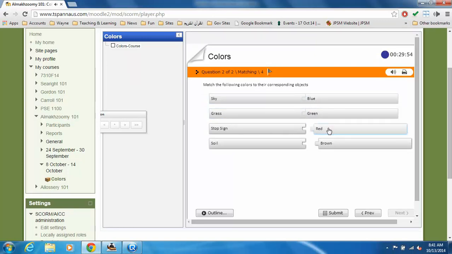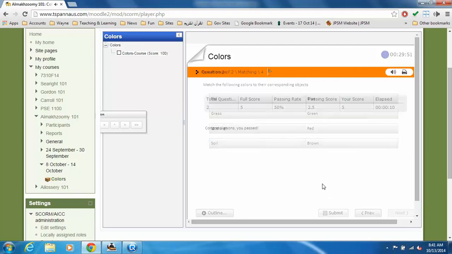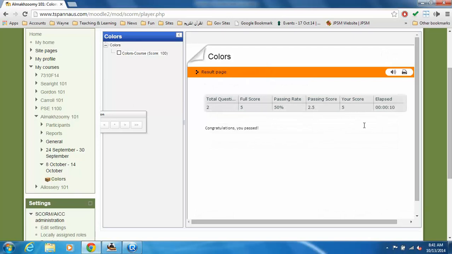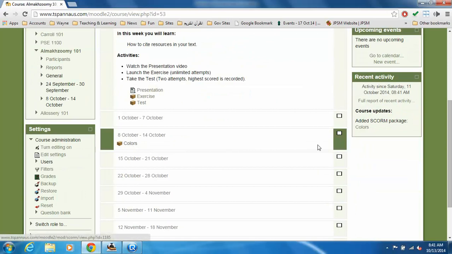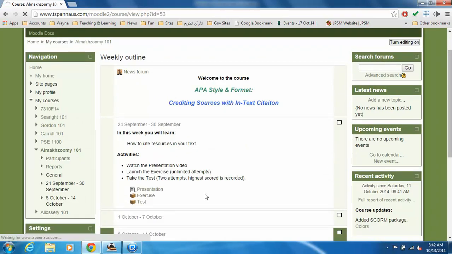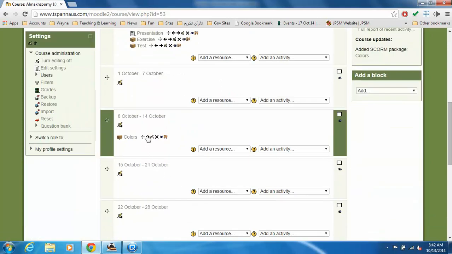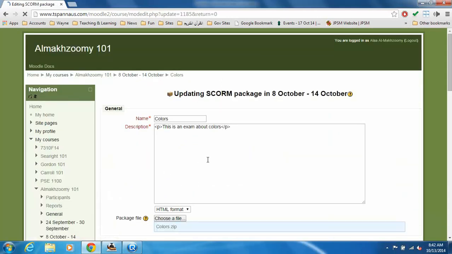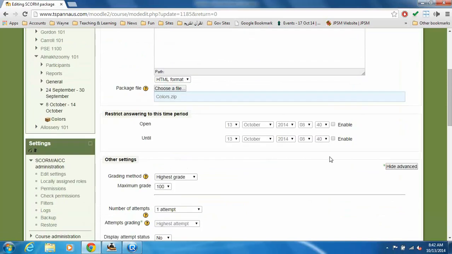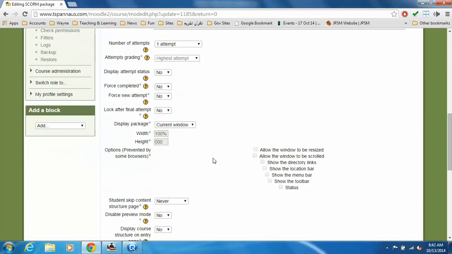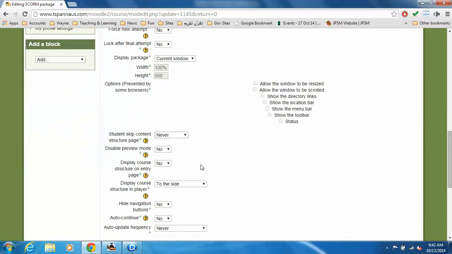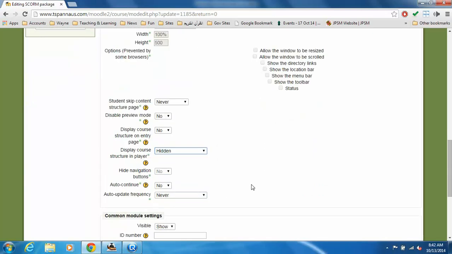Let's try to answer the questions and see what happens if we submit. Here we go. Now what happens if we want to close it? Just exit the activity, going back to the editing. Just try to edit the options. Okay, let's see. Notice that we have one attempt, so if we try to take the exam again, it's not going to be permissible. Let's try to hide that panel on the left. Just turn this hidden,